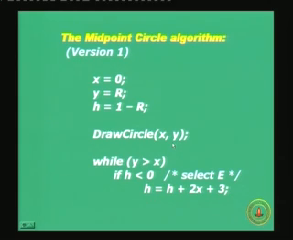So, all the 7 other octants will be taken care of by the draw circle command. It will not only plot the point at x comma y, but 7 other points as well. Okay. Now,